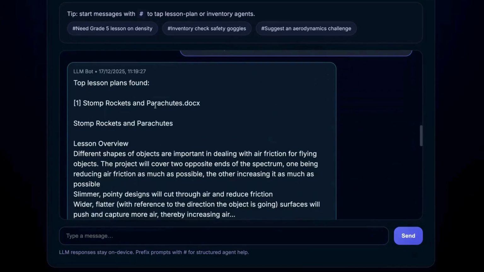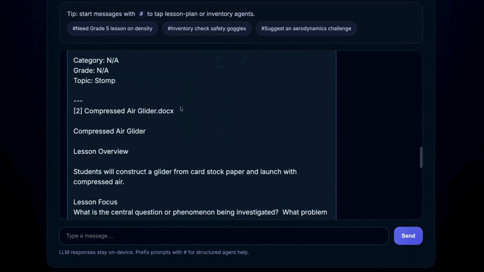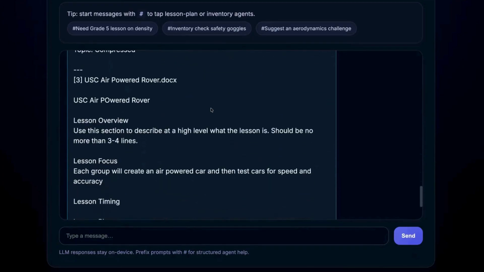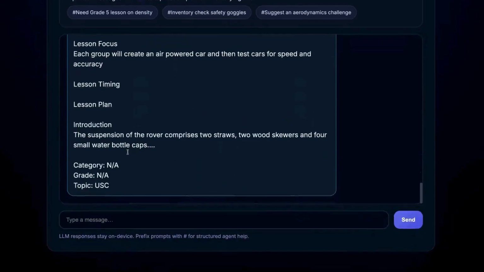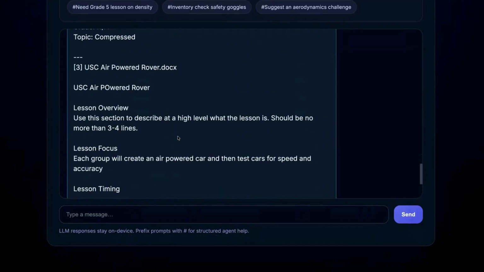It gives the storm rocket and parachute drop project that we have, the compressor glider, and the CO2 powered rover. So this will search the vector database which has the documents available and will give the lesson overview, the lesson focus, the introduction, and basically all the details needed in order to complete this project